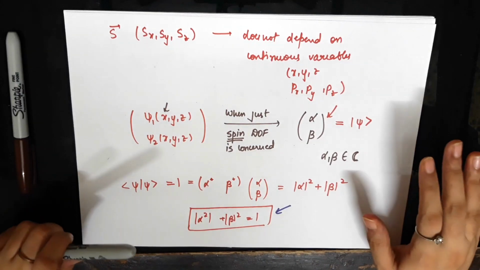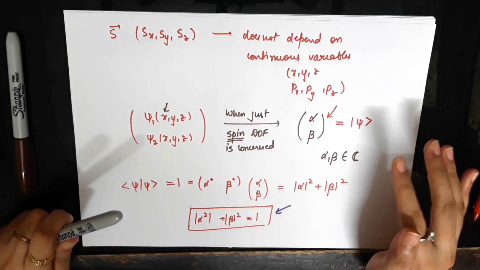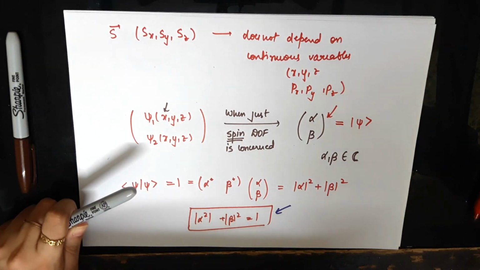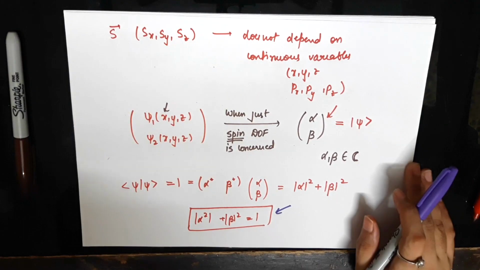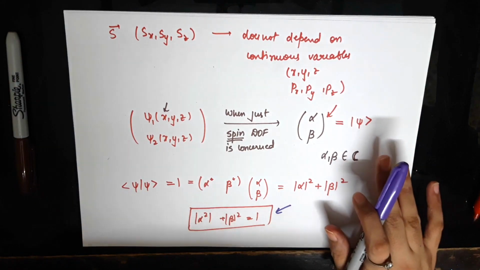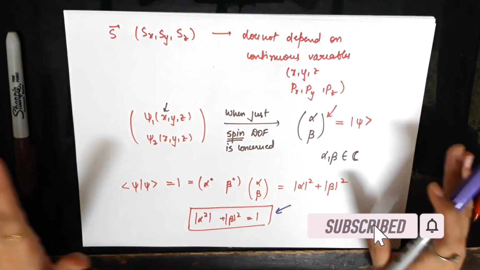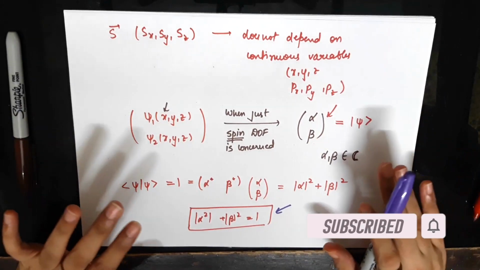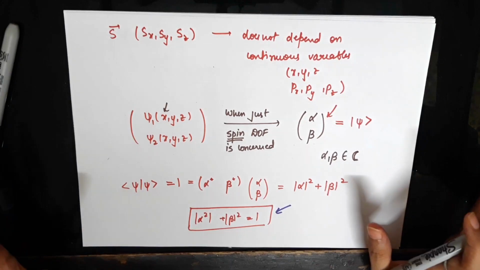So this is pretty much about this video on the spinor representation, and in the next video we'll start playing with this spinor representation. We'll look at more interesting probabilistic aspects of these spinors, and we'll see how these spinors tell you that the quantum spin is different from a classical spin. These very striking differences between classical and quantum we'll be able to see in a different manner in the next video.